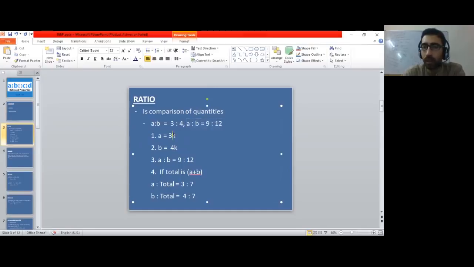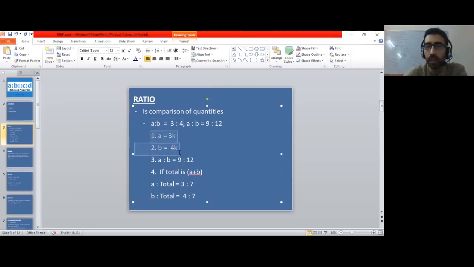I could also, if I had to move out of comparison and into numbers and quantities, quantification, then I could have taken A to be 3K, and when A is 3K, B would come out to be 4K, where K is just some multiplier. K is just some real number. It could have been a decimal, a whole number, or a natural number. We don't know.